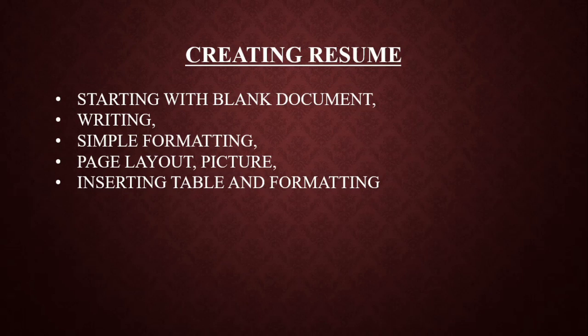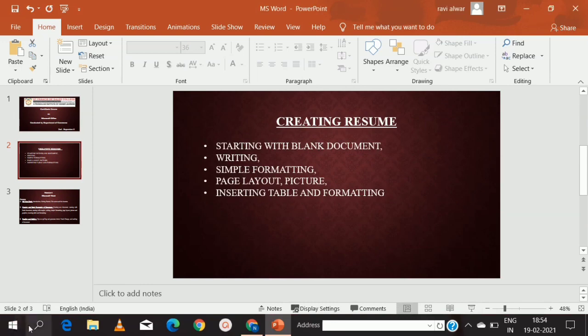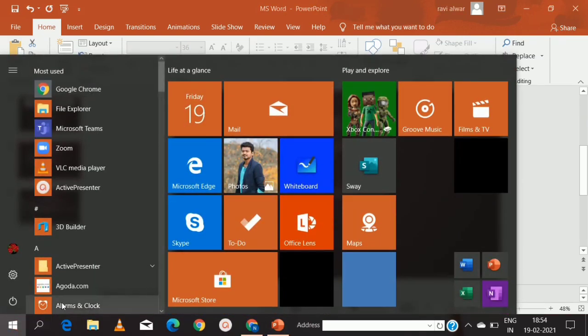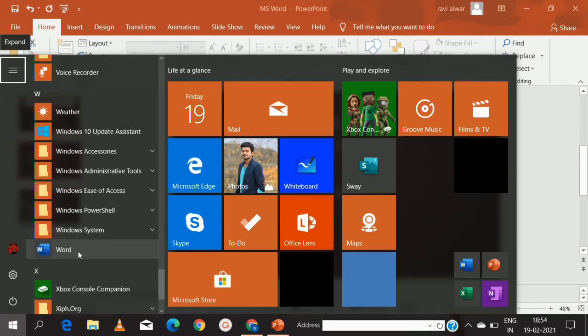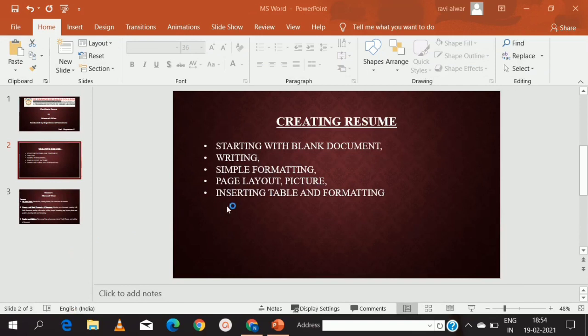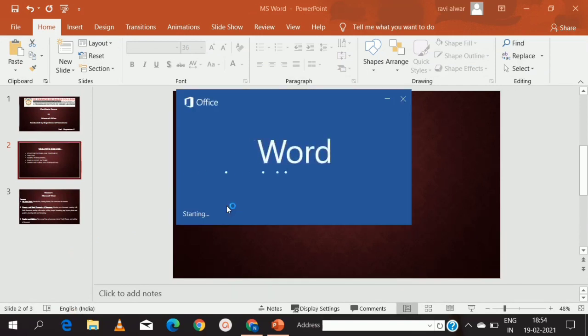For that we need to launch MS Office 2016. So I am going to click on the start button, drop down, click on MS Word Office. When I click on that, MS Word is going to launch.